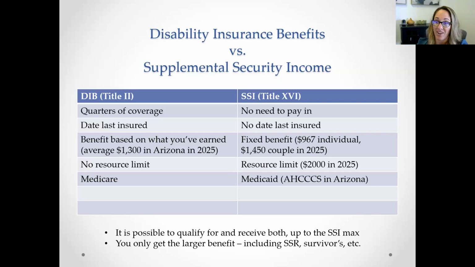Now, a lot of people ask me, well, what am I going to get? We aren't sure in the middle of a case what you're going to get, but you can look online ahead of time. If you create a My Social Security account at ssa.gov, you can go on there and pull up your earnings statement. It'll give you an estimate of how much you might get if you reach full retirement age, or how much you might get if you become disabled. And that's where you can look for yourself.